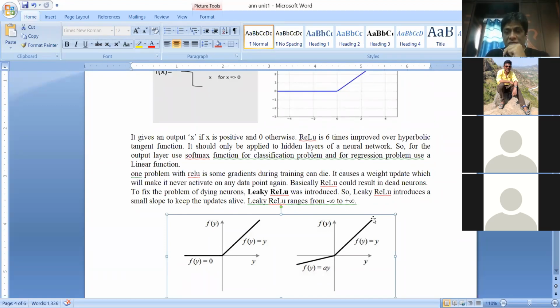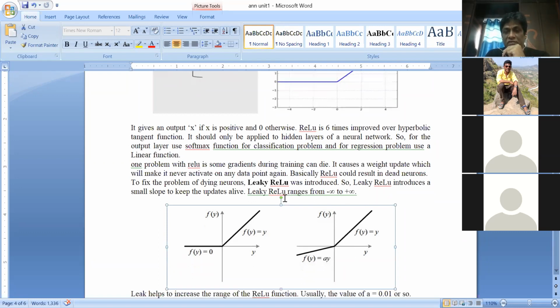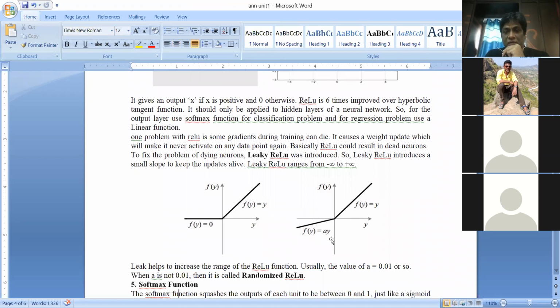So f of x is equal to x. The change is for the negative values. If x is less than 0, then we will multiply it with a small real value a. Okay, so if it is 0.01, then it is called leaky ReLU. You can select other values also for a, small a. If you select any other value which is not 0.01, then